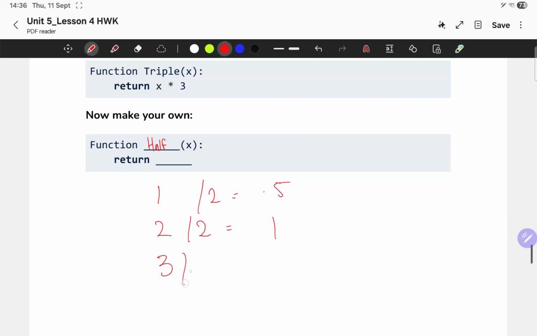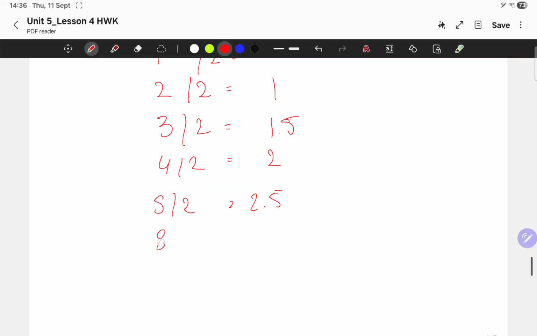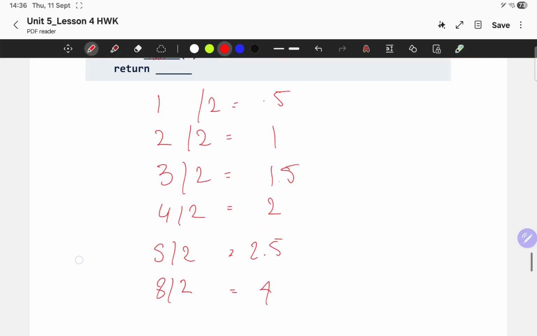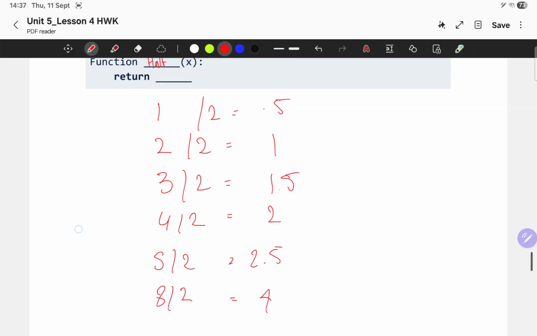If I put in 3, 3 divided by 2 is 1.5. If I put in 4, 4 divided by 2 is 2. If I put in 5, 5 divided by 2 is 2.5. If I put in, let's do 8, why not? 8 divided by 2 is equal to 4. So you can see how we can easily apply the same rule to lots of different numbers, and these are